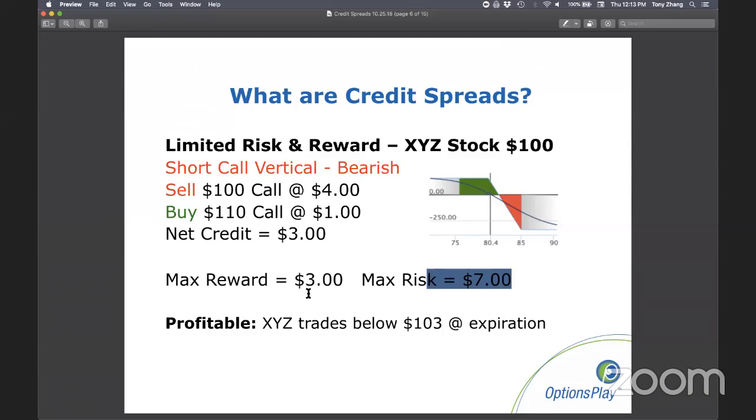However, the trade-off between having lots of profitable scenarios is that when you are wrong on this trade, or if the stock does jump higher, you do end up risking more than what you're collecting in premium. So making sure you understand that risk to reward ratio is important, because a lot of people chase credit spreads because they have higher probability of profit, but that higher probability of profit comes at the trade-off of having bad risk to reward ratios. As long as you understand that, that's the most important piece.